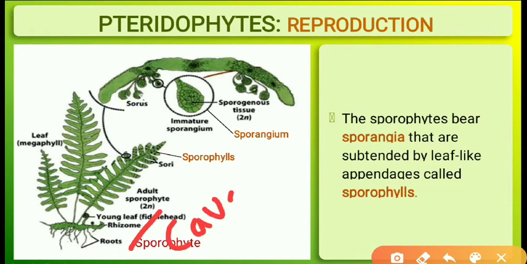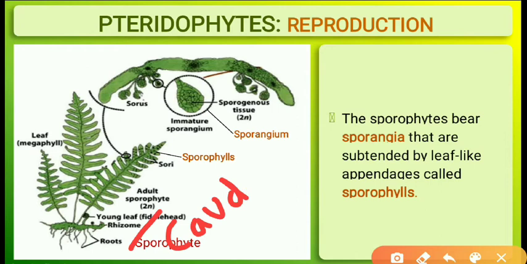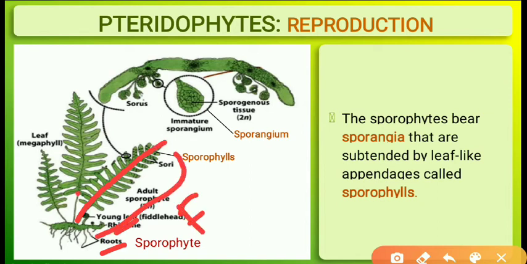Caudex, C-A-U-D-E-X. And here some wire-like branches are present, which go into the soil, come out of the soil, again go into the soil, again come out of the soil, like this. These wiry branches are called stolon. Then next, root, stem. Now this is the leaf. Here is the leaf, and this is the rachis, and these are the leaflets. This structure is called a frond. Leaves along with the rachis, like you saw the kadi patta. In that, one strip is there, the rachis, and sidewise the leaflets are there. So a structure like that is there.